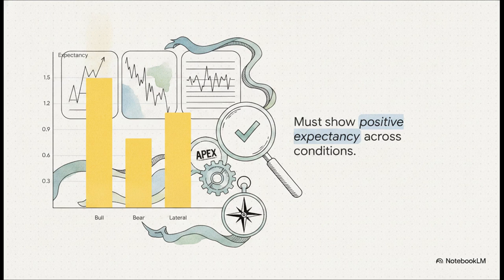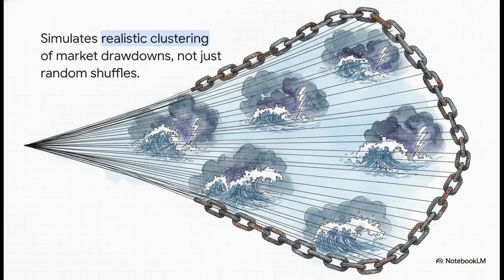If a strategy concentrates its edge in a single regime, it's immediately flagged, demoted, or halted until it can demonstrate broader regime coverage. And to test this rigorously, you can't just do a plain random shuffle of market days. A plain shuffle destroys the way real drawdowns and market panics actually cluster together. Instead, Apex simulates 1,000 synthetic histories using regime-persistent Markov chains. I know it sounds complex, but it simply means the synthetic paths respect how trending, choppy, and volatile conditions actually transition and cluster in the real world. They overlay a percentile cone of plausible outcomes directly over the real regime history, testing if the strategy actually survives